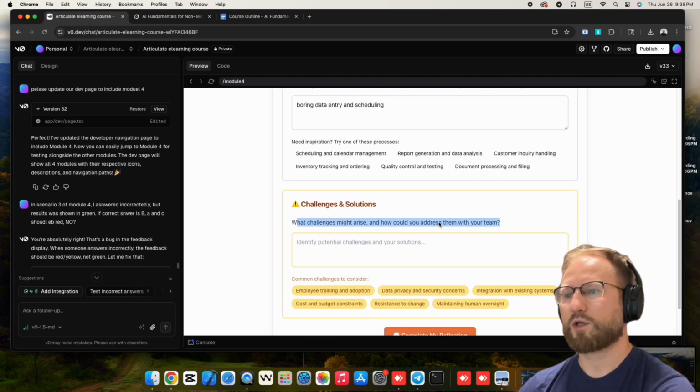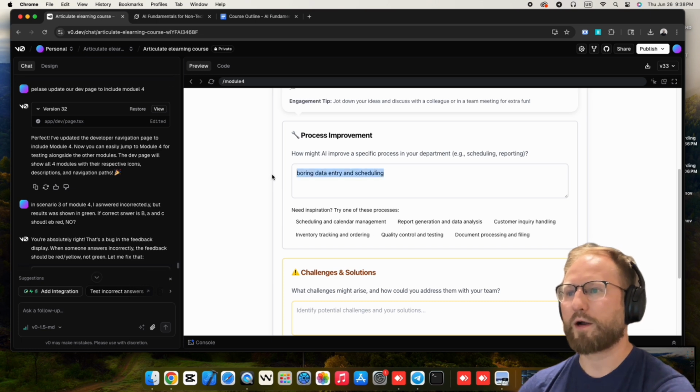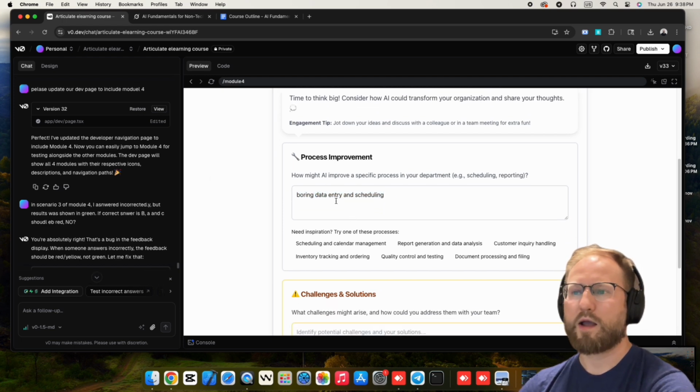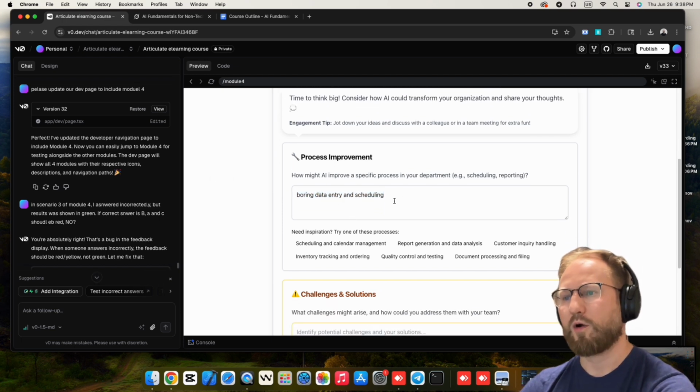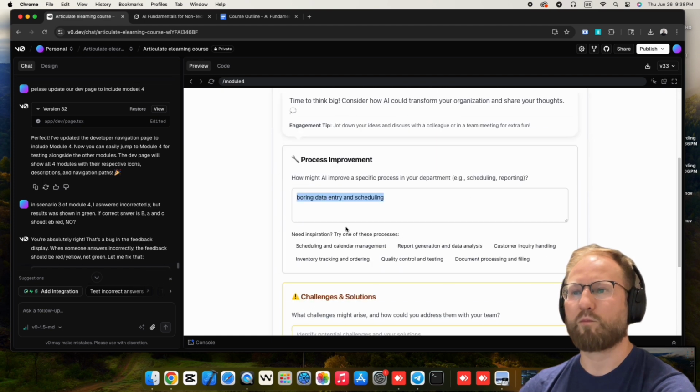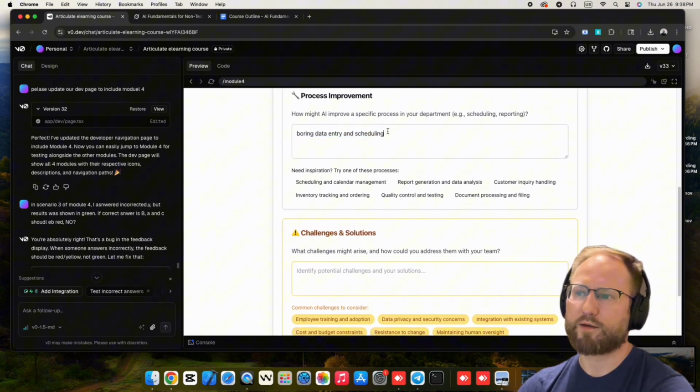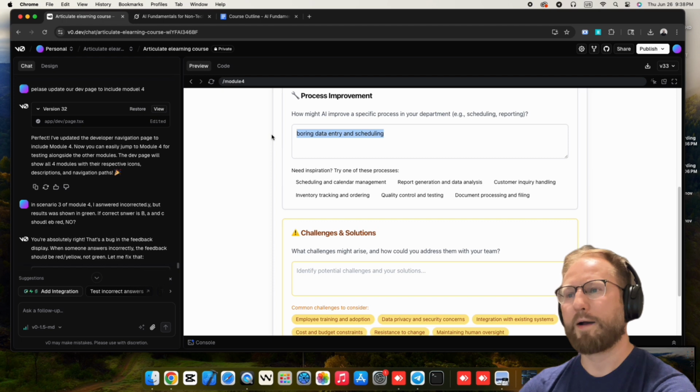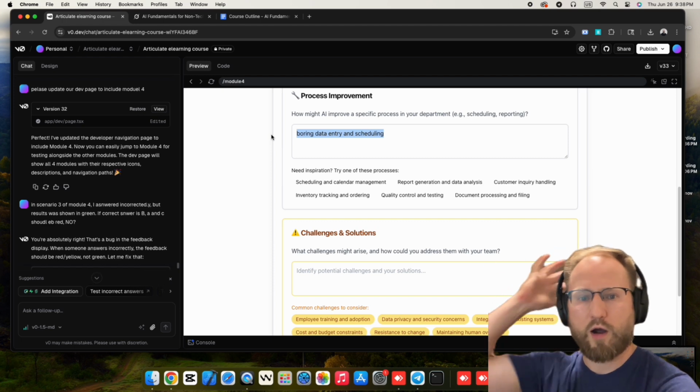Okay. What challenges might arise? So this is something where if you're HR, you might ask things like this and have it pinged to a database where you save it, and you could have it totally anonymous. But you could start collecting data from onboarding like this, where people are just asking, hey, what do you think would improve? Whether it's a new employee or an ongoing employee,